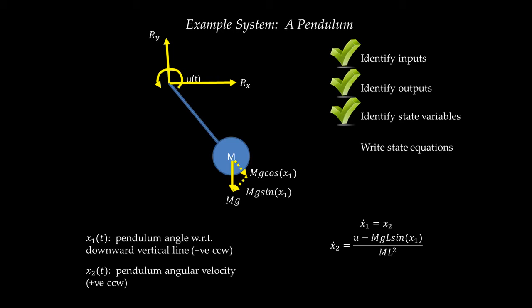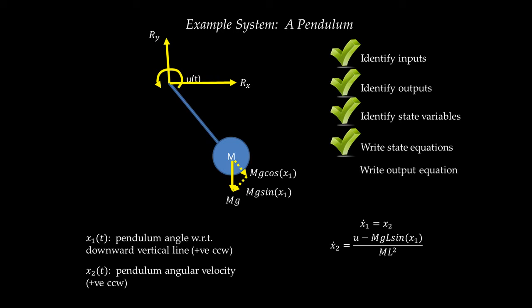One moment around the hinge point is the input torque u(t). The other moment around the hinge point is mg sine of theta multiplied by the length L. These are the only moments around the hinge point because mg cosine of theta, that particular component of the gravitational force, passes through the hinge point, so it doesn't apply a moment relative to it. Also, the reaction forces Rx and Ry do not apply a moment around the hinge point because they pass through the hinge point. So at this point, I'm done writing state equations, and the only thing that is left